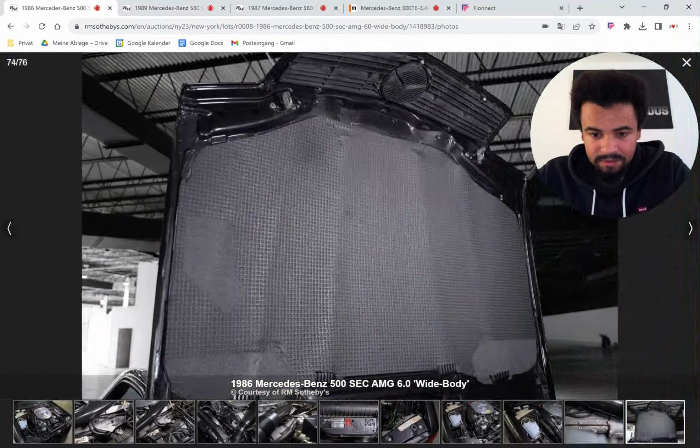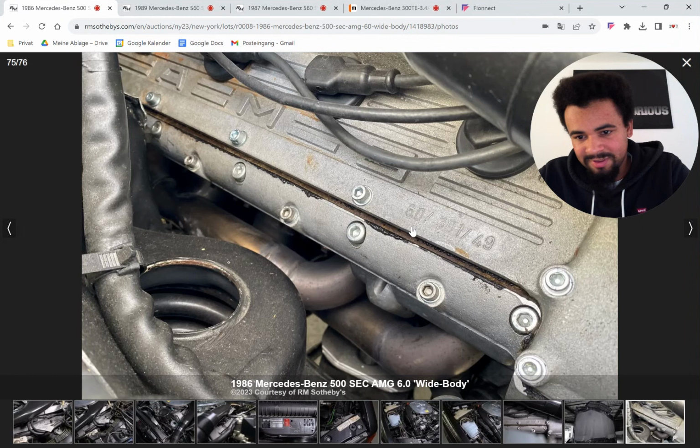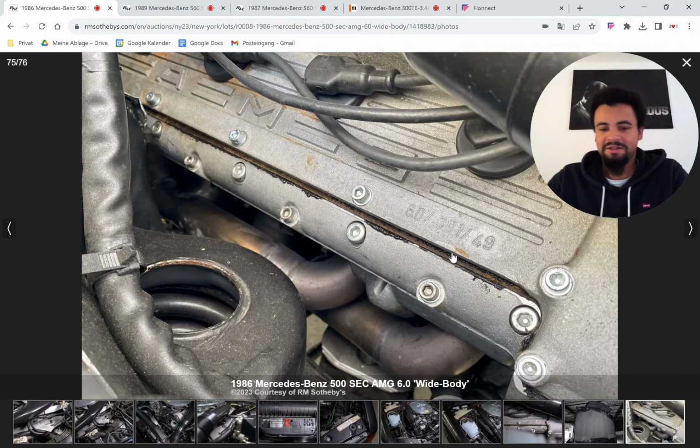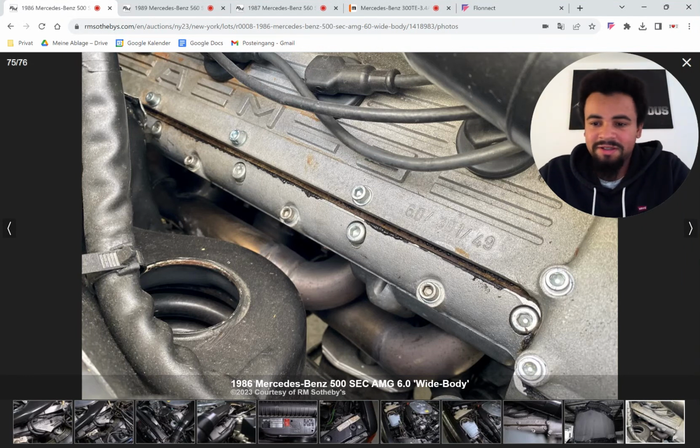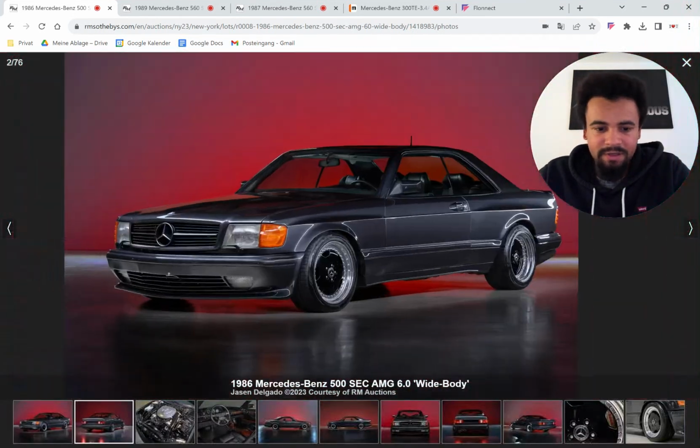And yeah, so I guess that's the engine bay. It does have the 6 liter stamping, so that seems to be all correct. But all new screws, and the way they, it's just, you can't do this with a car that's worth over 500,000. I mean, that just doesn't seem right. And also the rub marks on the exhaust manifold there. I don't know about that. Anyway,